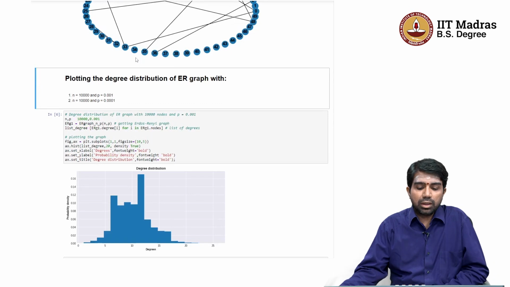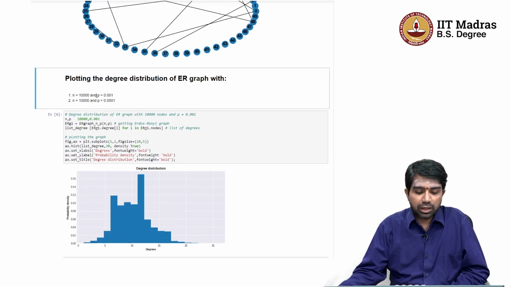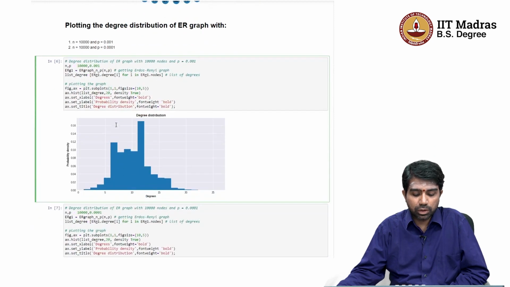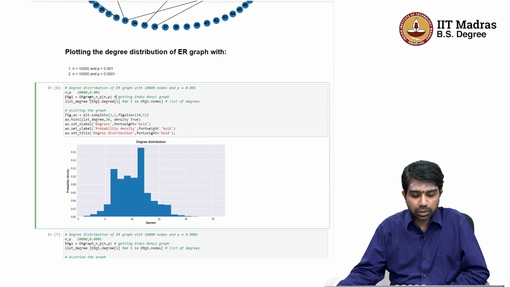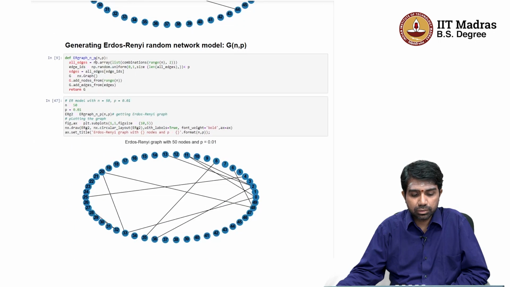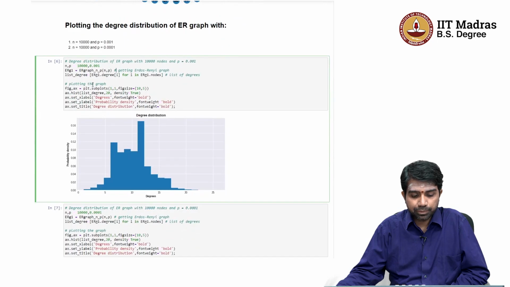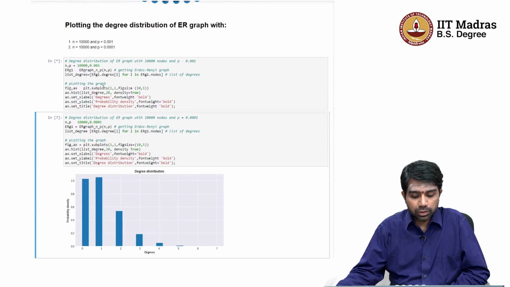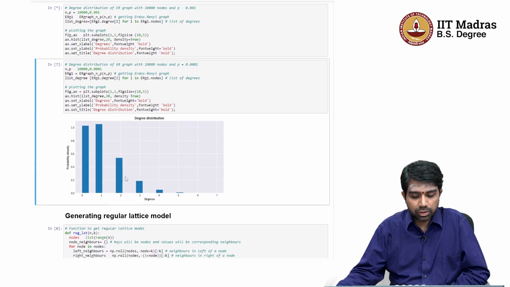So now let's plot the degree distribution of the ER graph with n equals 10,000 and p equals 10 to the minus 3 and 10 to the minus 4. How does it vary? Okay, so we're setting n and p as 10,000 and 10 to the minus 3, and we are generating obviously the NP ER graph that you see here. Let's go. So this is the sort of degree distribution that you see. It seems pretty much Poisson in nature,